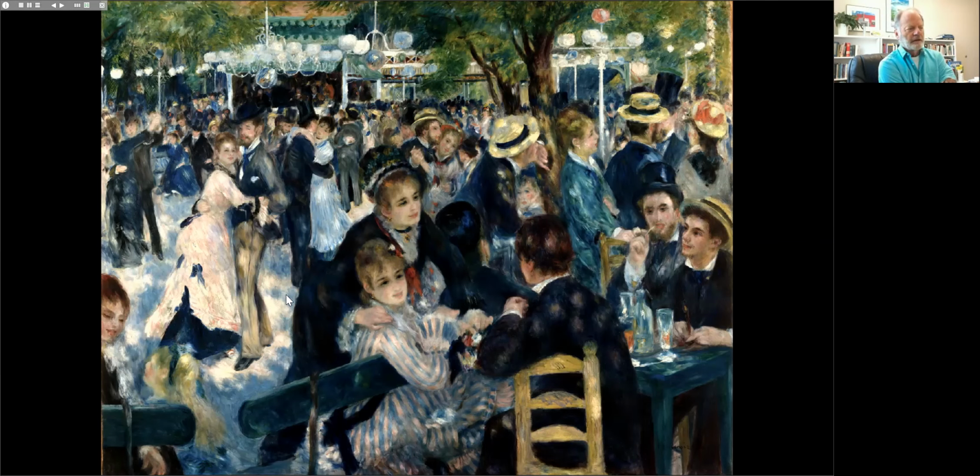It's an image that's full of pleasure. It's full of congenial social interaction, something that Renoir rendered quite easily. He was more attuned to this in his own personality than the other Impressionist painters, and I think quite a successful image. But this really marks the limit of his effort to paint figures in natural light.